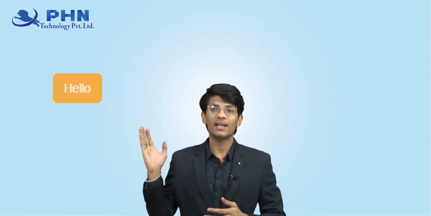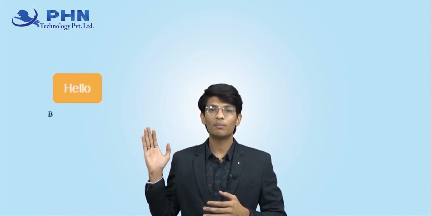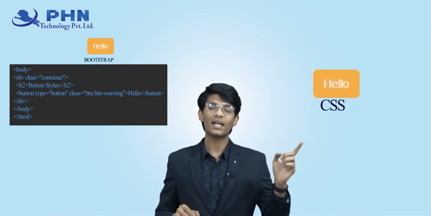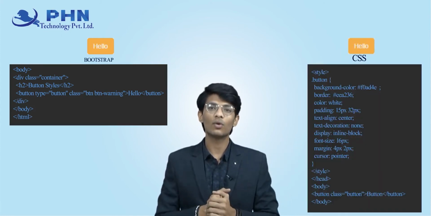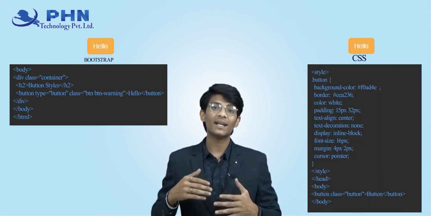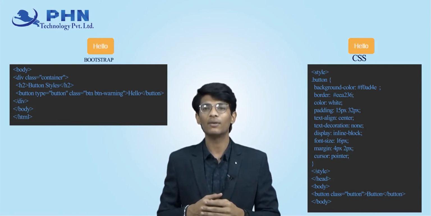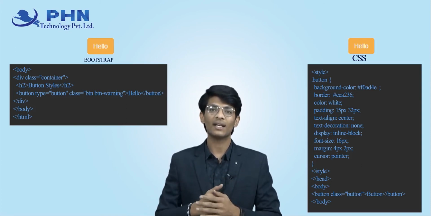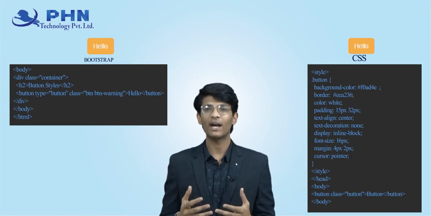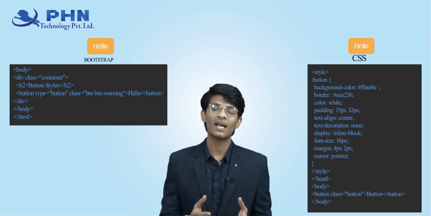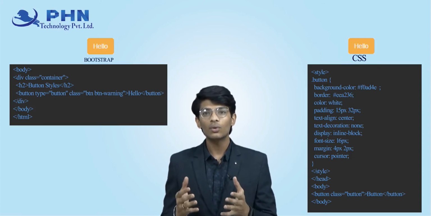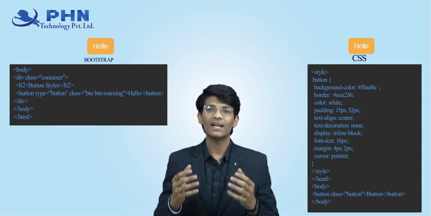Well, we can just see a button here which is made with a Bootstrap class, and this is the code for that particular button. Whereas on this side you can see a CSS button after writing this much code in a CSS file. There are many additional properties which you have to give to a particular class for making it look attractive in CSS. Whereas in Bootstrap they have already defined that particular CSS or JS, and we can access that through a CDN or we can download the package.